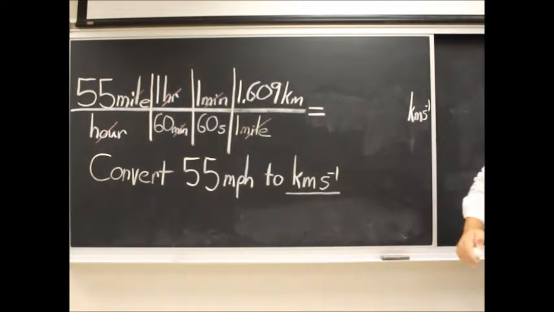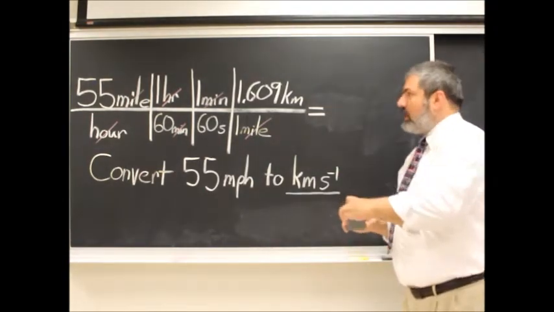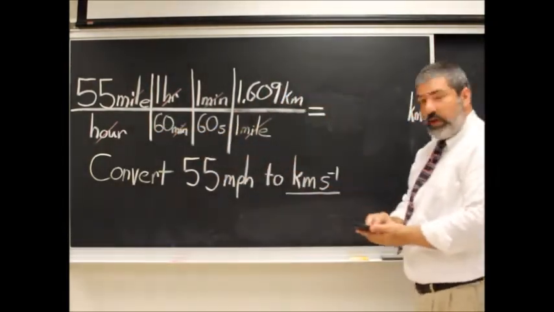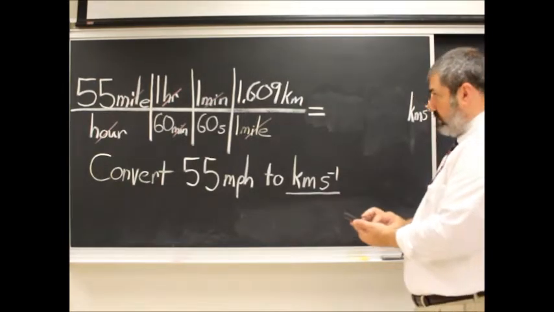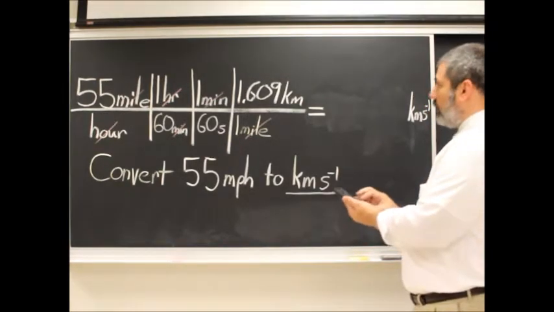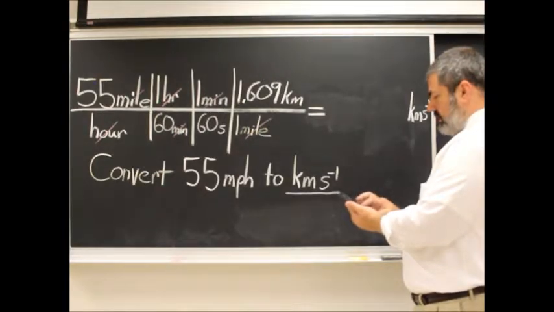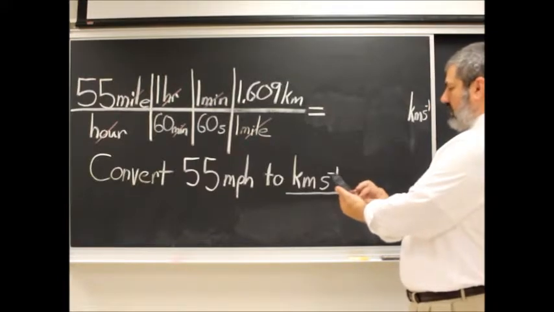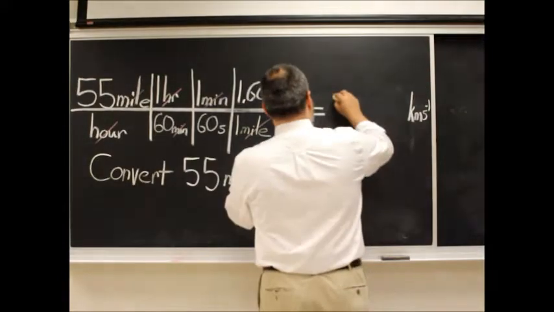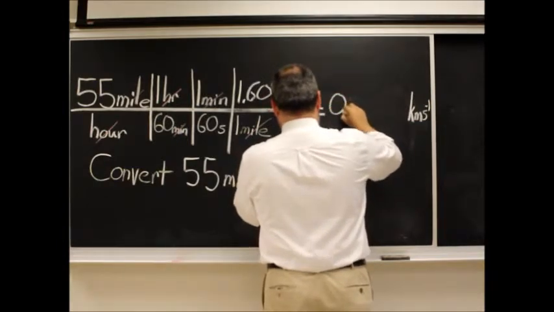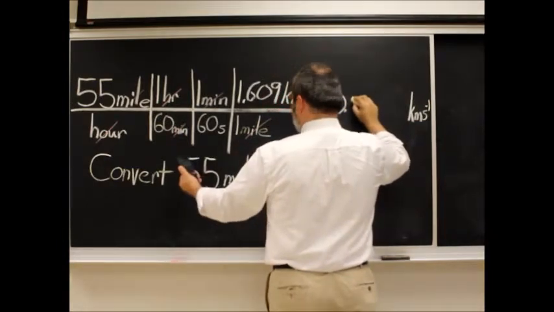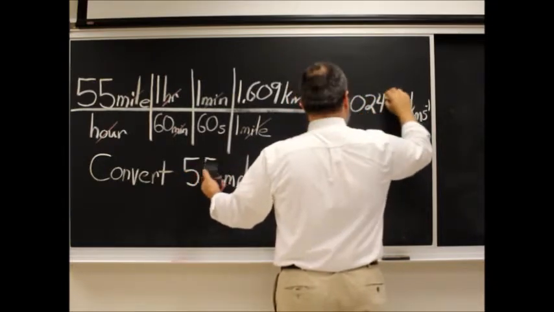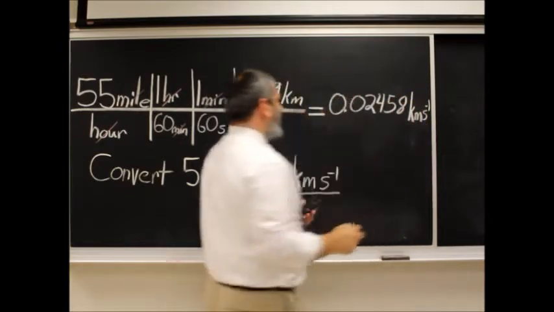So now, you pick up your calculator and put in numbers. Everything on top, you multiply through. Everything on bottom, you divide through. The order doesn't matter, because with multiplication and division, it's not an order of operations issue. Let me try to read my calculator. So I got